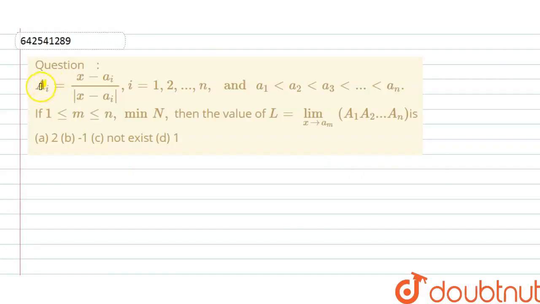Hello everyone. So the question is: if A_i = (x − a_i)/|x − a_i| for i = 1, 2, up to n, and the condition is a1 < a2 < a3 < ... < an. So basically this is continuously increasing. Now we are given that if 1 ≤ m ≤ n, then the value of L is equal to,